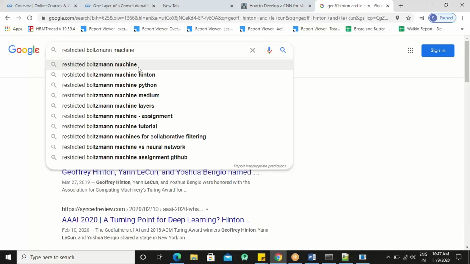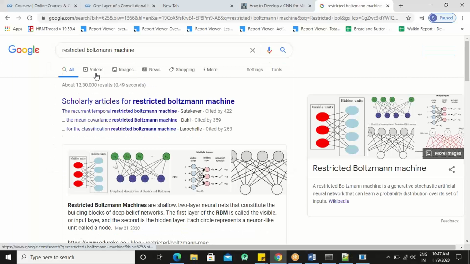So they used to have a visible unit and a hidden unit, where visible unit was like you are passing your inputs. यहाँ पर कुछ weights होंगे, some calculations will happen, and then there will be this hidden unit which further